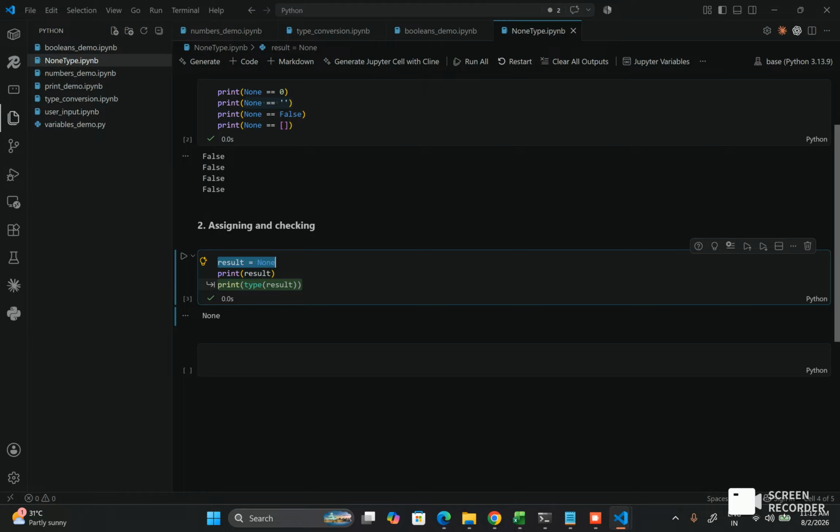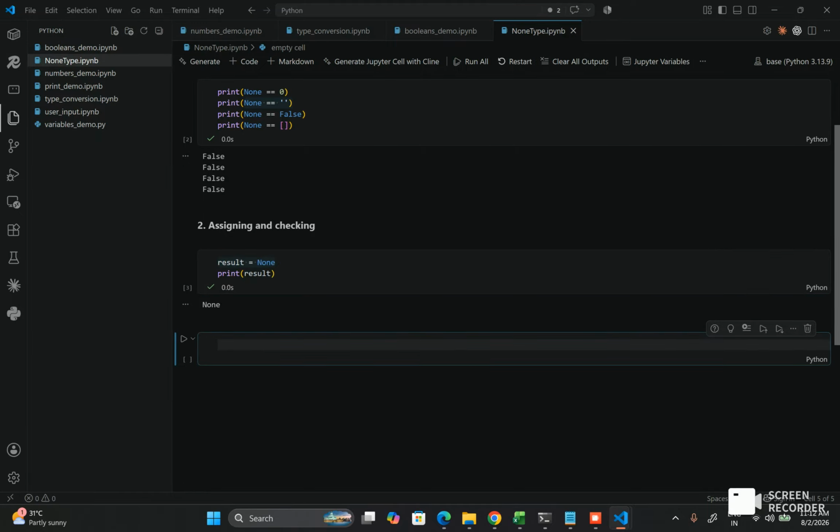Now let's check whether a variable is None. You might instinctively reach for the double equal sign over here, and it will work. But the correct and professional Python way to check for None is using is. Let me show you what I mean. Suppose result is equal to None. If result is None,